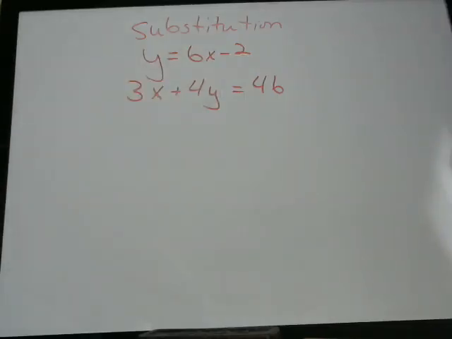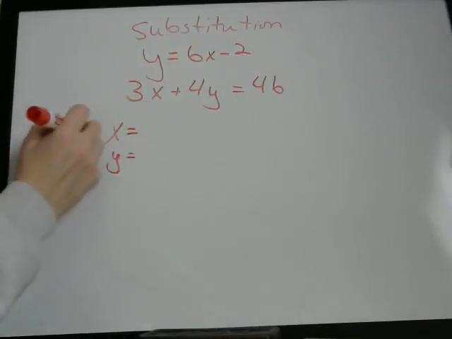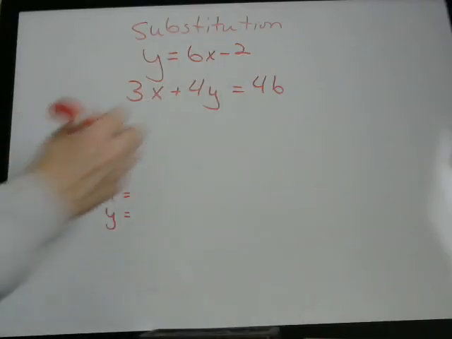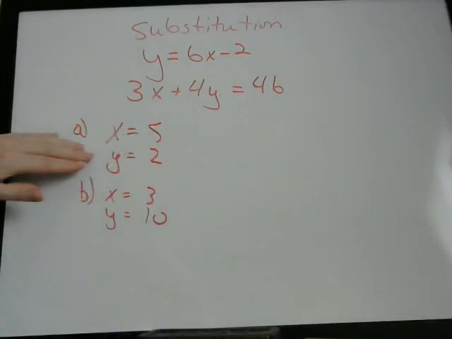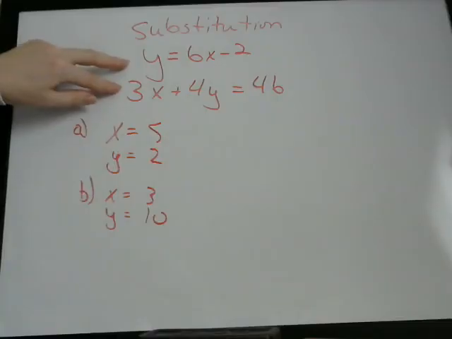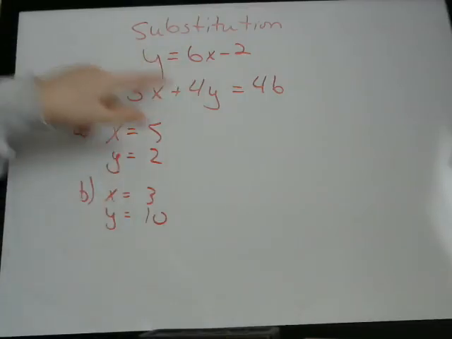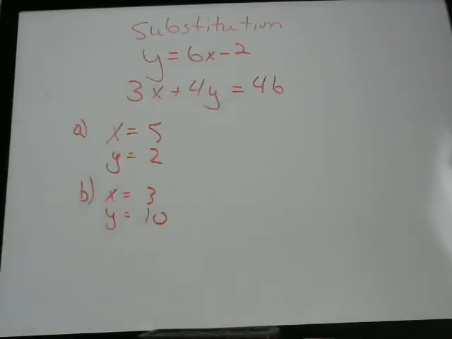Now if you look at the answers, you're always going to have answers that say x equals something and y equals something. There'll be multiple choice questions, and they'll say x equals 5, y equals 2, x equals 3, y equals 10. So what you're trying to do in these questions is to figure out what x equals and what y equals, so that both of these equations are true. For example, if you put 5 in for x in both of these equations and you put 2 in for y in both of these equations, then both of these equations hold true. Now, those aren't the right answers, so that's not going to work,